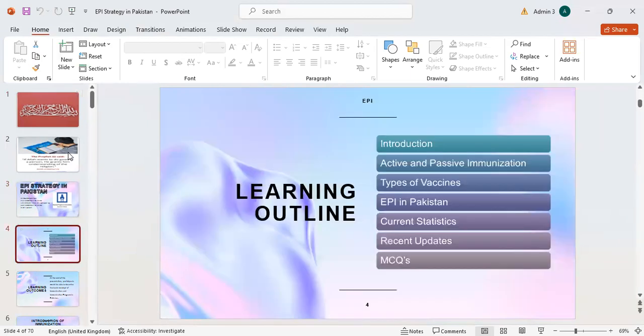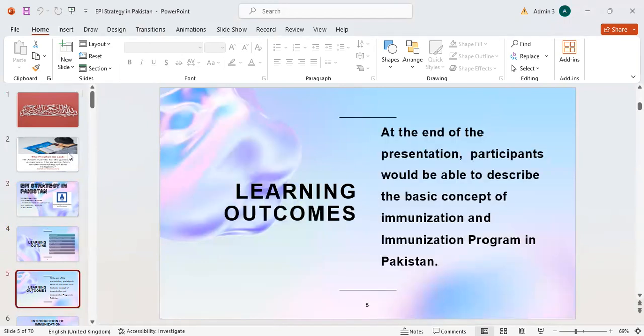Learning outlines: introduction of immunization, active and passive immunization, types of vaccine, EPI in Pakistan, current statistics, recent updates, and MCQs. Learning outcomes: at the end of this presentation, the participant would be able to describe the basic concept of the immunization program in